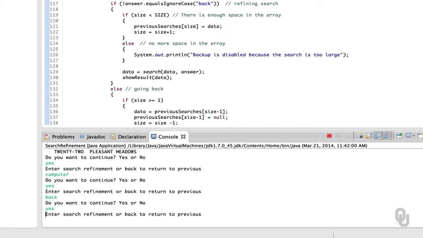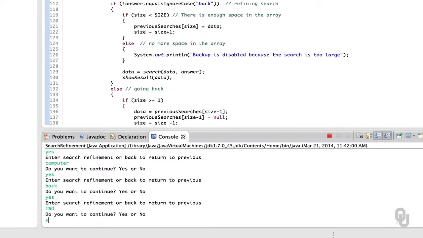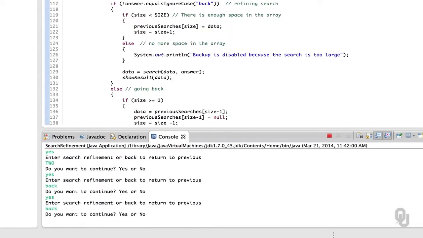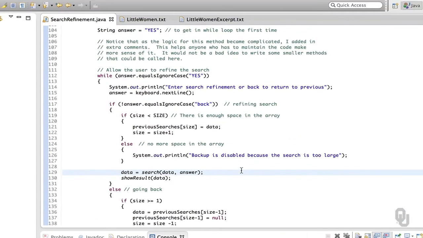So let's go back and do a search for 2 again. So somehow our back isn't working correctly. So we're going to need to debug that. So let's stop the program and let's